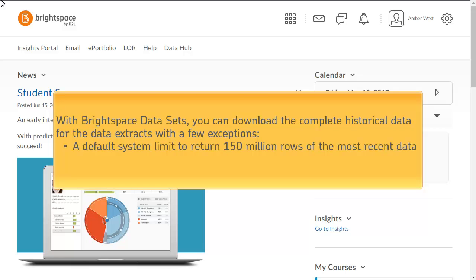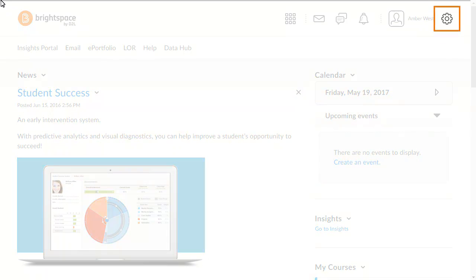There is a default system limit to return 150 million rows of the most recent data. There are a few datasets where the data is limited to the last 2 calendar years, noted in the descriptions of the datasets. To set up Brightspace Datasets, click the Admin Tools menu